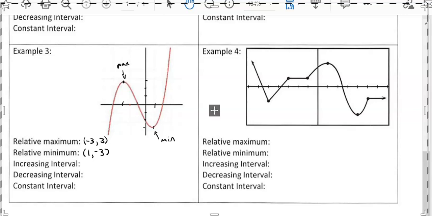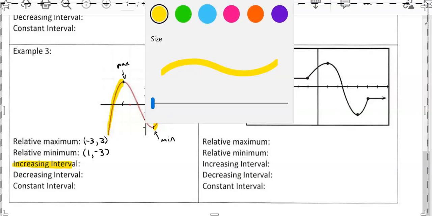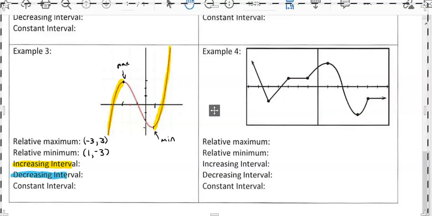And increasing interval. The points where it's going up as you move from left to right here, and then after the minimum here as well. And then decreasing, the points where it's going down as you move from left to right would be just in this section right here. And so then you have to put what these intervals are. Increasing interval, since there's 2, we're going to use what's called a union to show that it's both of these together. So we go from